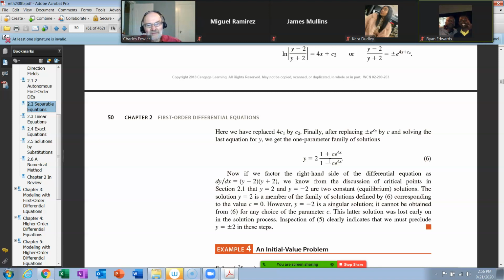I guess we could go to a whole new page and do it, but that would take a lot of time. If we factor the right-hand side of the original differential equation, this is y squared minus 4, right? We know from the discussion of critical points that y is equal to 2 and y is equal to minus 2 are two constant equilibrium solutions, if it's treated as an autonomous differential equation. The solution y is equal to 2 is a member of the family of solutions defined here. When you set x equals 0,